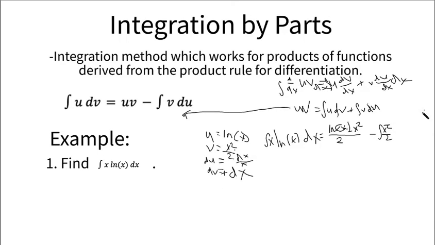Du is dx over x, so it's going to be dx over x. Sometimes it looks funky to see a variable in the denominator under dx, but in this case it is. To simplify, the x cancels out with one of the x's in x squared. So we're just left with natural log of x